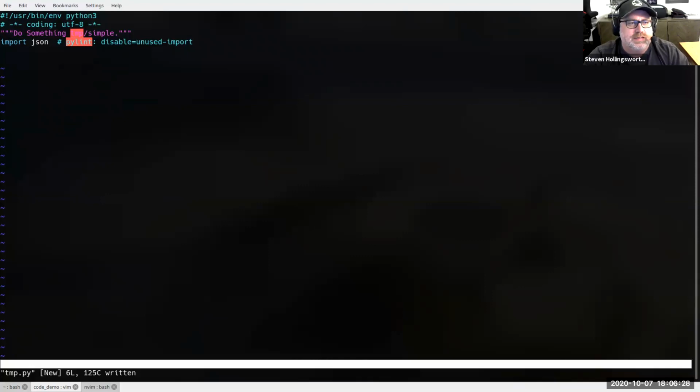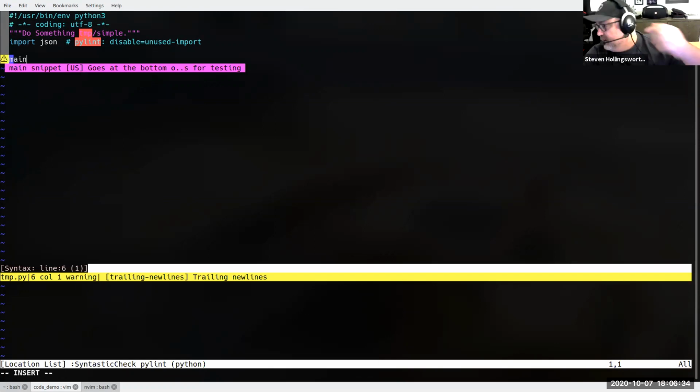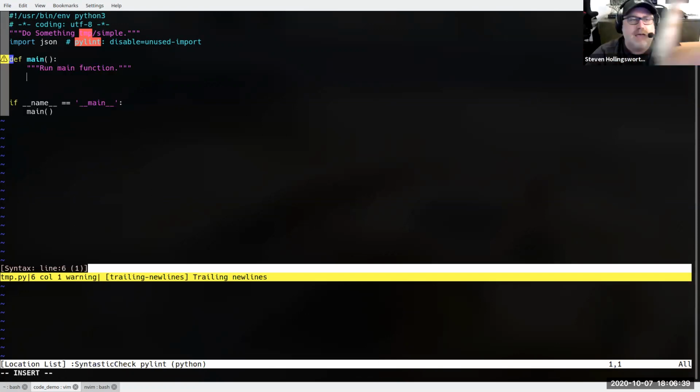One of the things that I use a lot of times is main. So I type in main, and you see there it has an autocomplete for the snippet. But I tab that out, and it sets up the main stuff for me. So the main function block, and then if name equals main, call that. So I could do something like print hello world